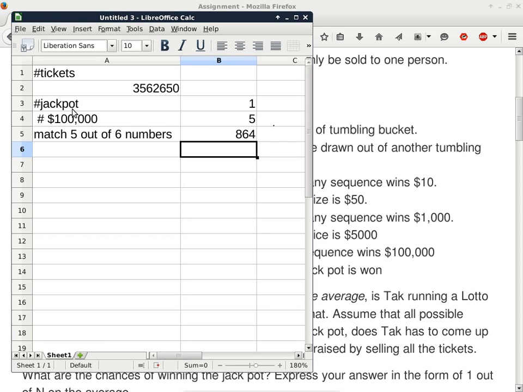So if I know that there are this many ways to choose 5 out of the 6 numbers, the 6th number still has possibilities, right? So I have to multiply this number by the number of combinations for this one position alone by itself, which is going to be the number of combinations of choosing one out of 24 of the not so lucky numbers. Is that okay? Because it's independent. The chances of picking these 5 numbers and the chances of picking this particular number, they are independent. There's no influence from one to the other.